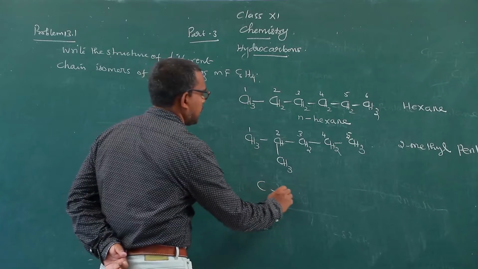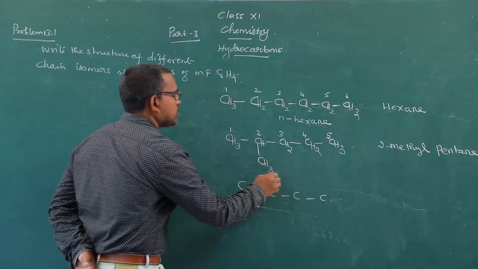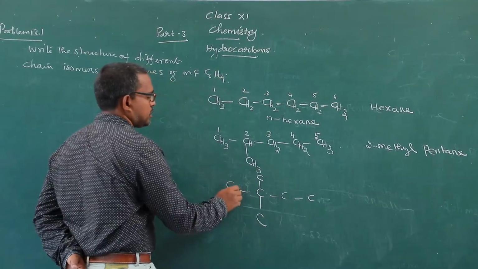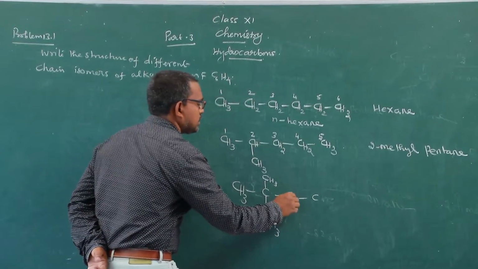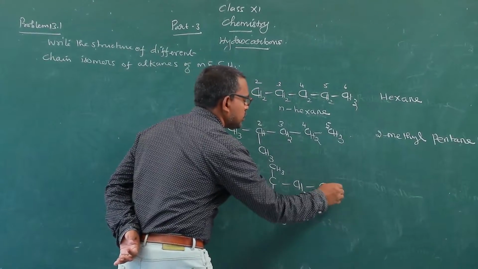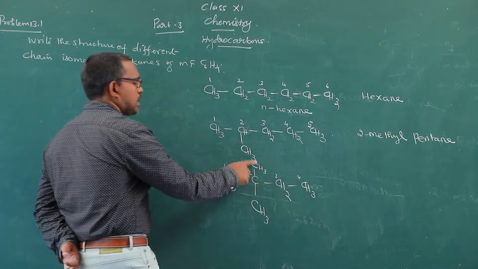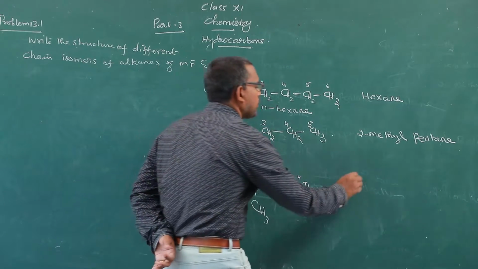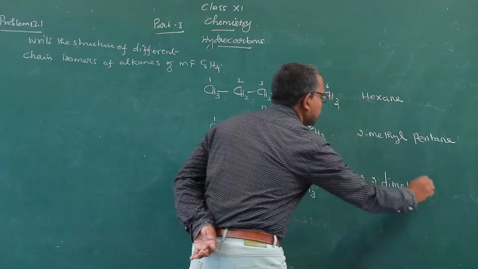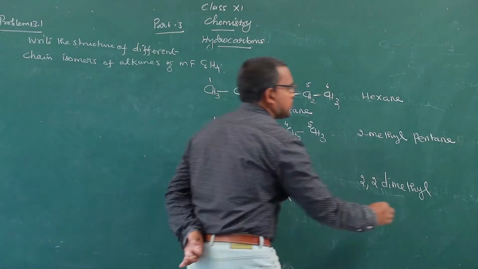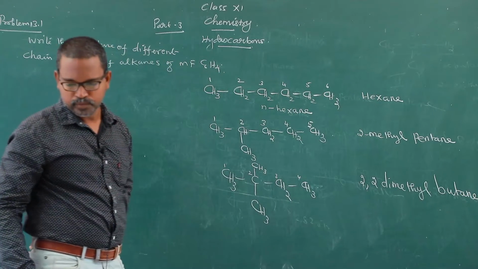And the next member. The straight chain consists of 4 carbon atoms, and substitute two carbons as branches. CH3, C, CH3, CH2, CH3. Numbering the carbon atoms, at the second carbon two methyl groups are present. Therefore, 2,2-dimethyl. The straight chain consists of 4 carbon atoms, therefore butane. 2,2-dimethylbutane is the IUPAC name.